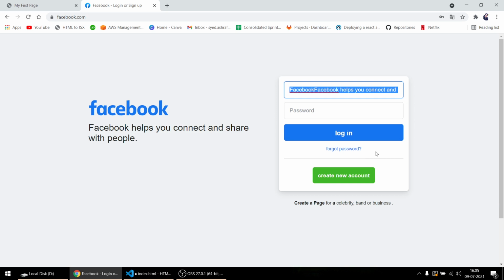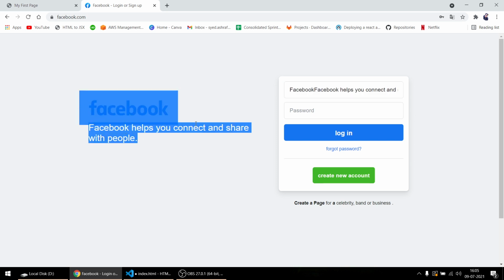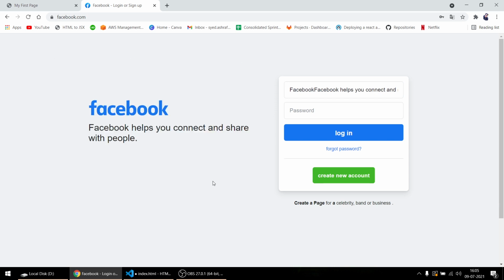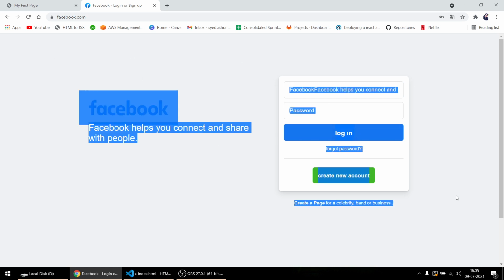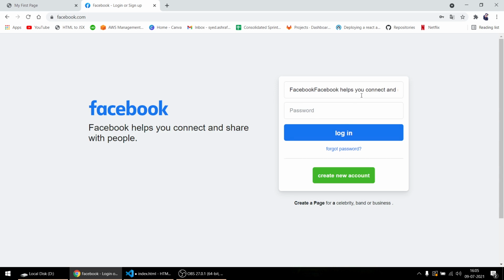To differentiate between these items, we use div. Suppose I take a div tag and put everything here. Whatever font changes I want to make, if I do it in the div, it will appear here. And this will be in another div, or inside that I will have one more div for this tag, input tag, or this button. So every time we can have multiple divs, like everything is built with div only.